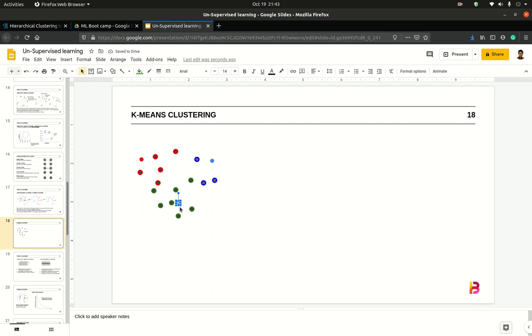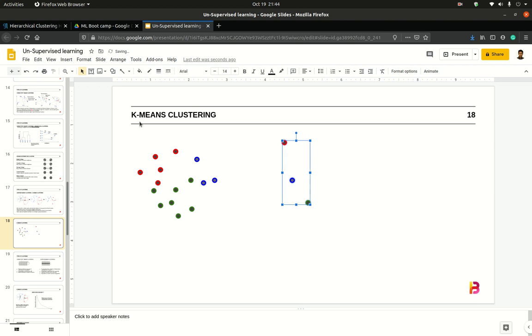What the algorithm does now is remove these centroids, and within this red cluster it calculates an actual centroid. I'm just replicating these points. So let's say these are again new centroids.